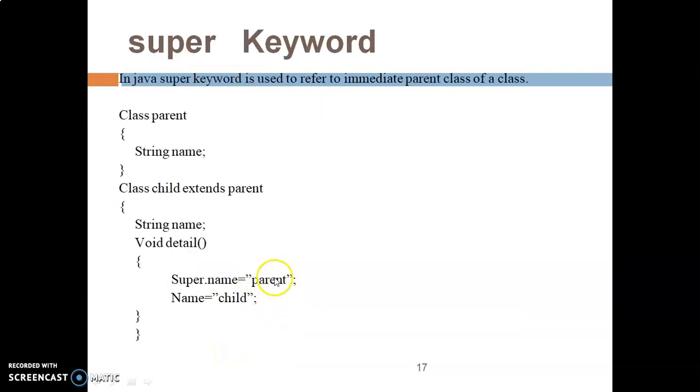Super keyword. The super keyword is used to refer to the immediate parent class of a class. So super is a keyword which is always used in a child class. You can see here this keyword super is used inside a child class. We cannot use the super keyword in a parent class, as we are referring to all the content from the parent class, that is the superclass, into the child class. Try to remember one thing: whenever we are using the super keyword, we are trying to access things from the superclass, that is the parent class.